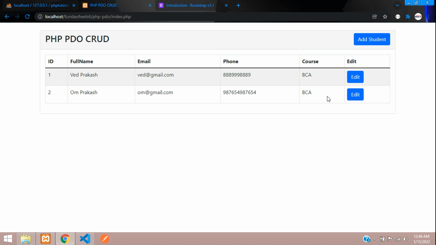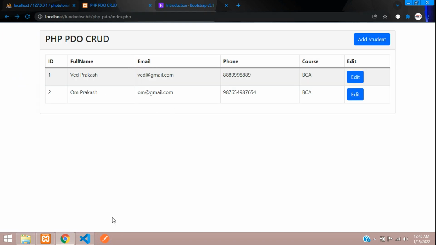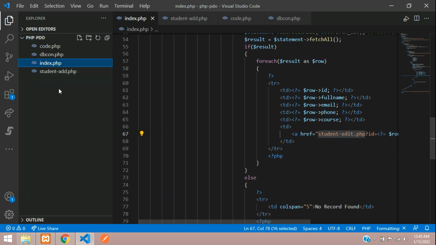So refresh. Okay, we get the edit button. Now let's click on this. Here you get your student edit.php with the parameter id and its value 1. Okay, so same concept goes with the second option also. Okay, so now guys, let's create the file with the name student edit.php. Copy and yes,